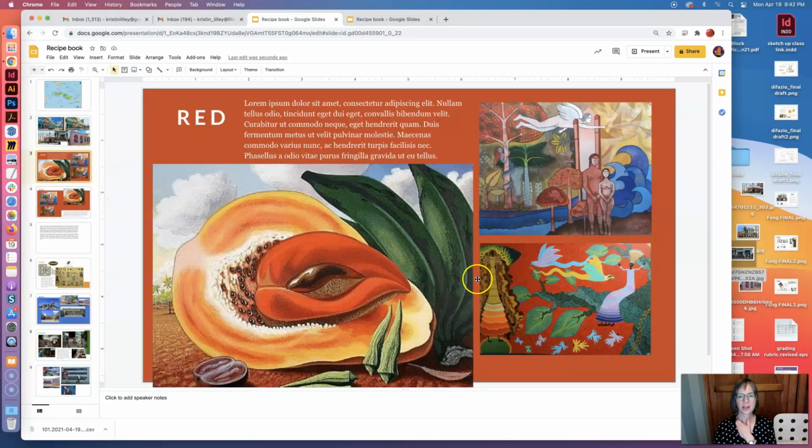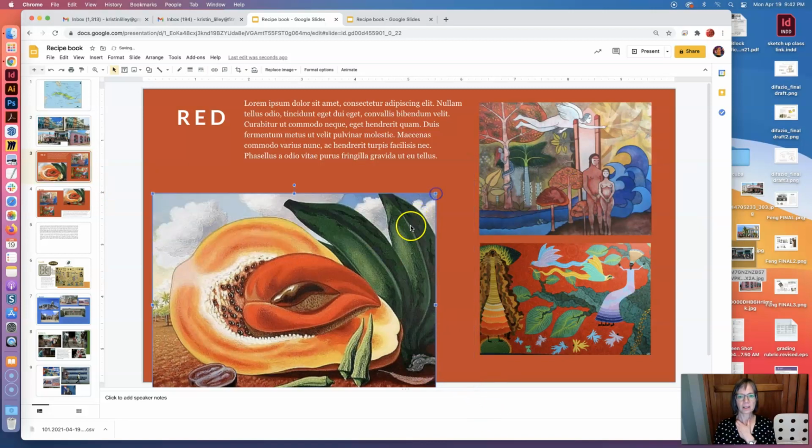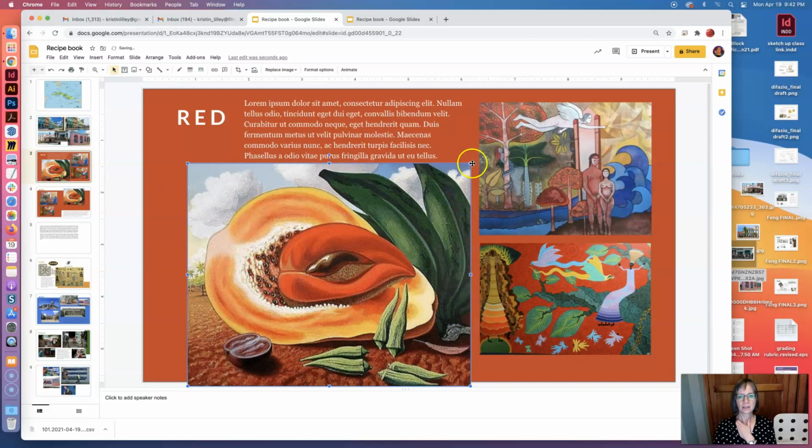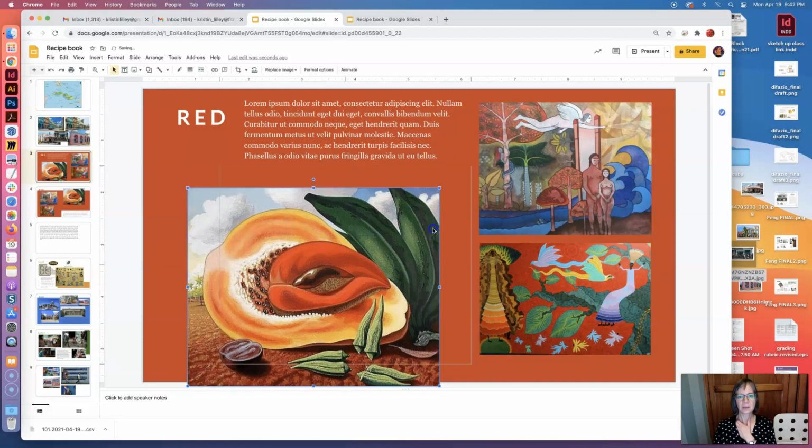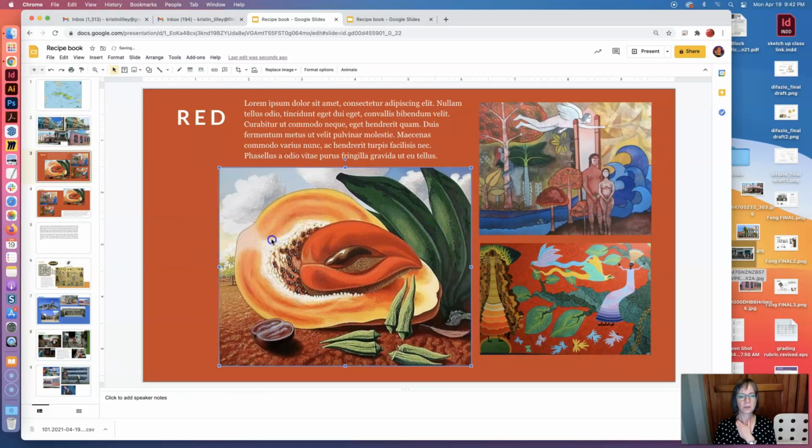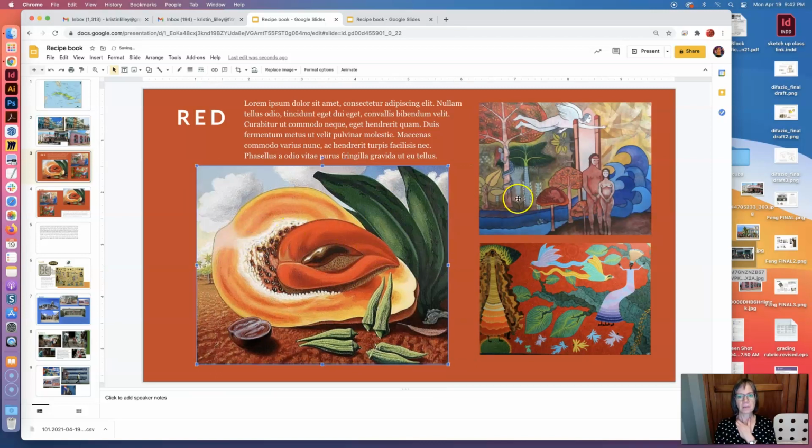And then playing with your images so that they are all giving you just the same amount of space in between each one. So that gives you hopefully some parameters to look at, but